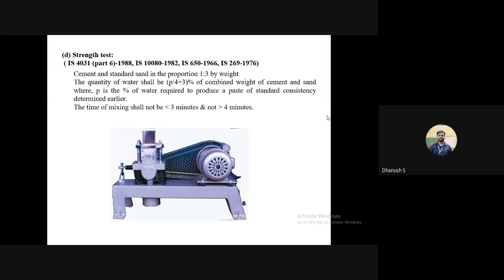Okay, so this sand cannot be any sand that you get from anywhere. It is not mentioned in the slide. You can write this down. The standard sand, whatever I've mentioned here, is available only in one place in the entire country. It is a place called Ennore, E-N-N-O-R-E, Ennore sand. It is a sand that is available near Chennai. To be more specific, it is a town near Mahabalipuram. If you're doing this test anywhere in India, you have to buy standard sand from Ennore only and use that sand to perform this test.